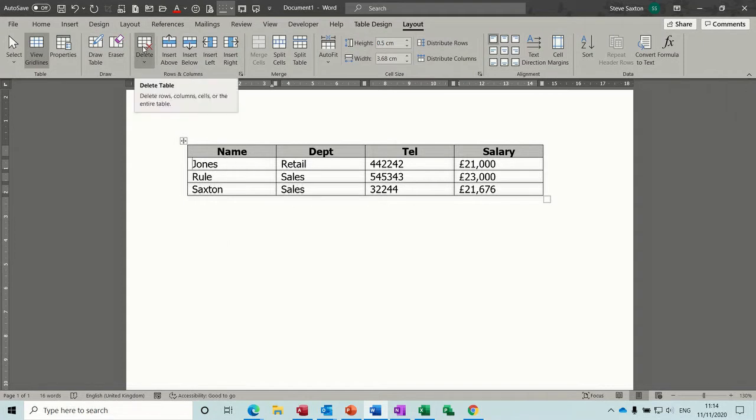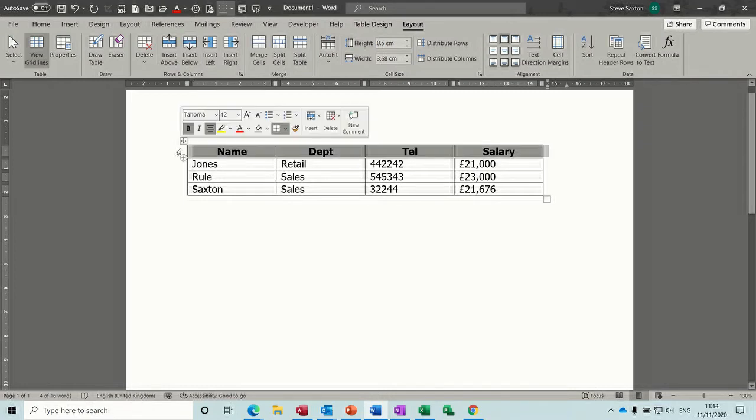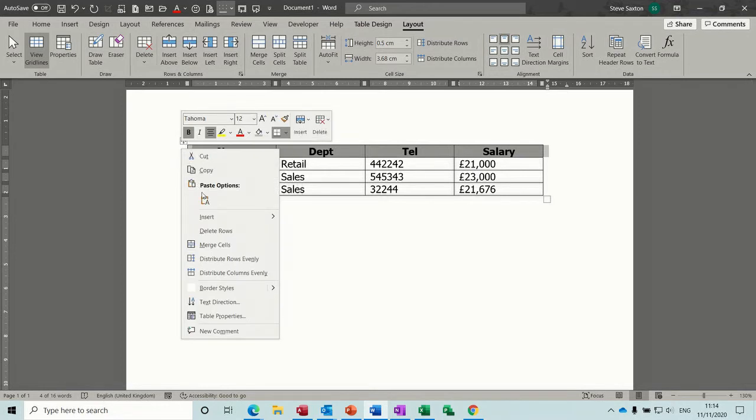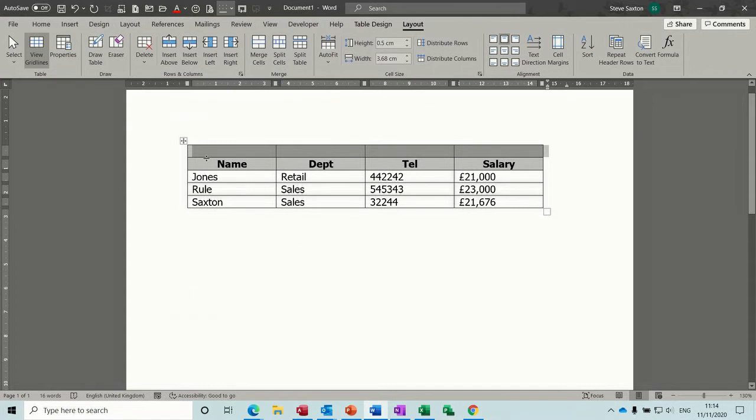You've got delete at the top there, you've got insert above and below, insert left and right, lots of different ways. But I want to insert above, so I'm highlighting the top row and then right clicking, insert rows above, to give me a complete row above, which does want to be in the same format that I've got there. Then I'm highlighting that because I want to merge and center these, make that into one cell. And then I'm going to do a title, which is going to be accounts department,